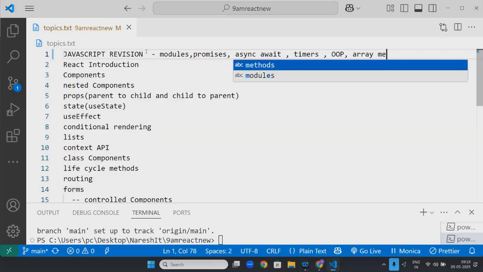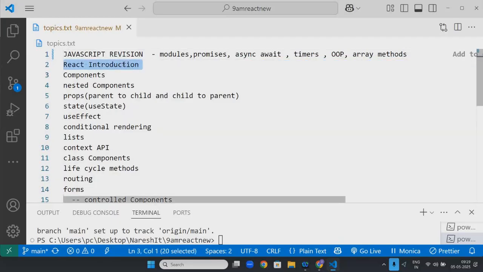Why? Because in React, almost without map you can't do anything. Basically, map is very important. So if you know these basic things, then you will learn React introduction.